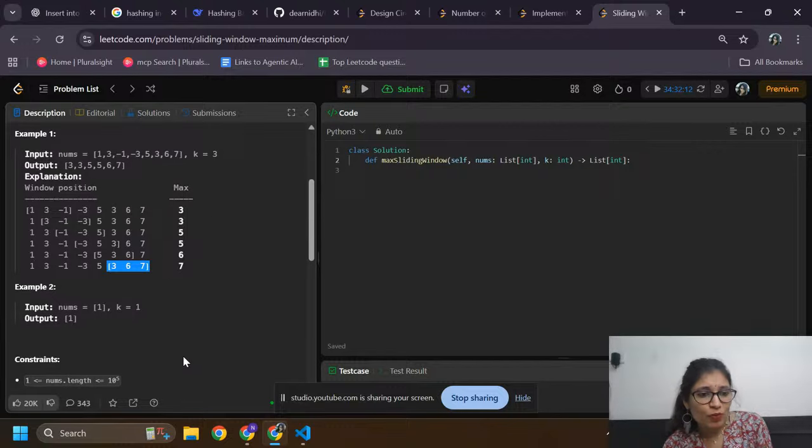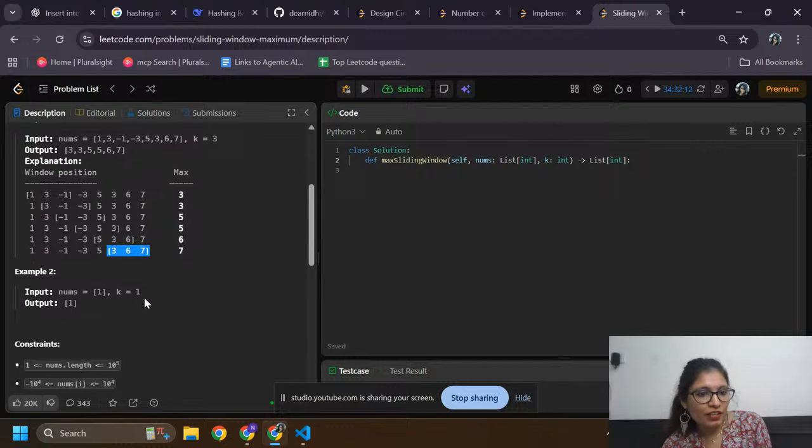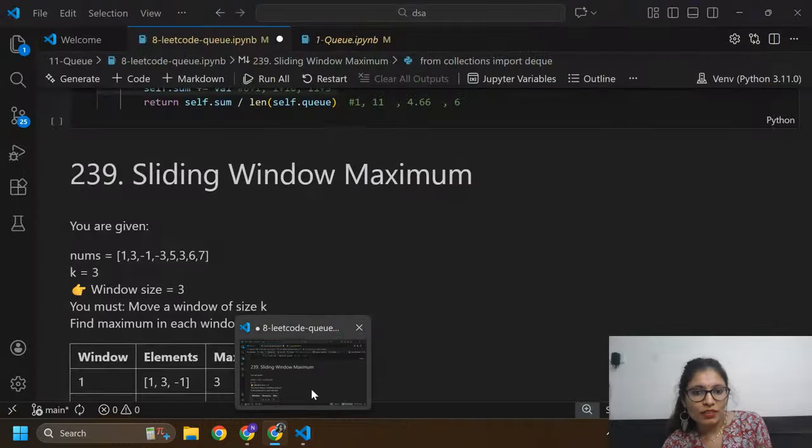Okay guys, this is the problem. Okay, if you have only one number and k equals 1, it means the output is also that one number. Okay, so here I need to move